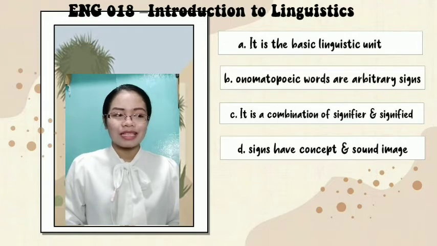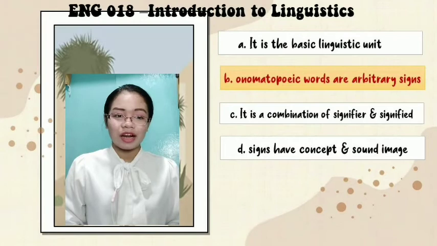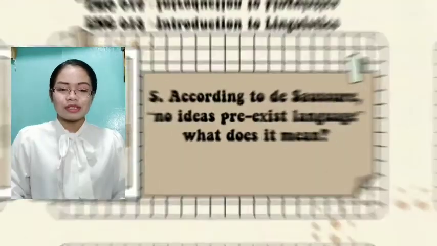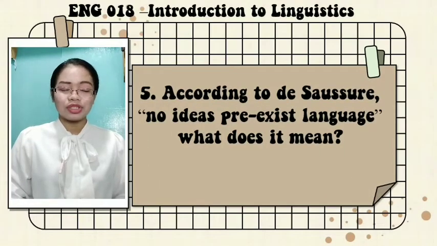So the correct answer for question number 4 is letter B. Onomatopoeic words are arbitrary signs. So this idea is not the sign of structuralism. So let's move on to question number 5, which is, according to Ferdinand de Saussure, no ideas